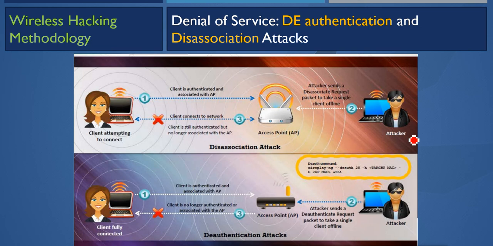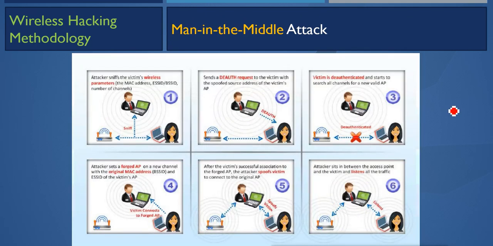Next is the man in the middle attack. Now, man in the middle attack means the attacker wants to be in the middle. Being in the middle is basically not required in a wireless network, because whatever data is sent from the client to the AP and from the AP to the client, the attacker can receive it. The attacker can see everything. But what does the attacker want to do? The attacker wants to do the man in the middle here in the wireless network so that it does not have to decrypt these things, because they are encrypted by authentication schemes like WPA or WPA2 or even WEP.